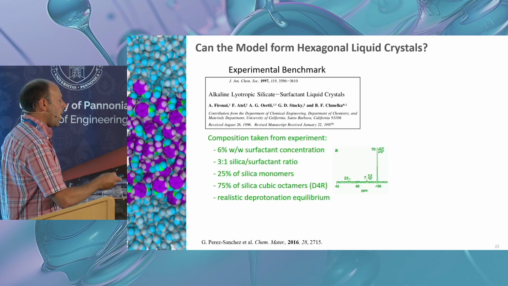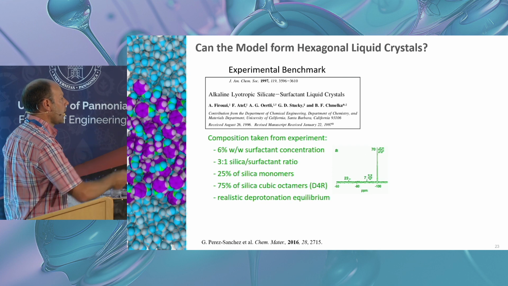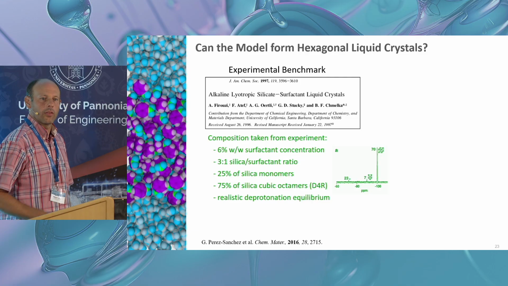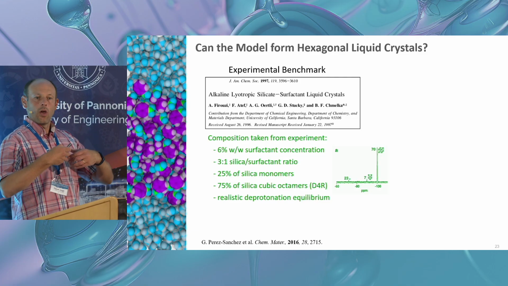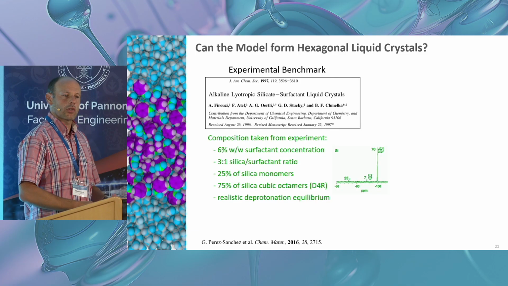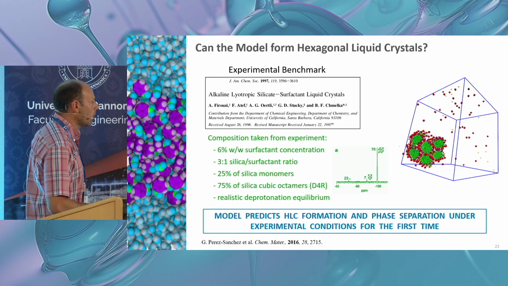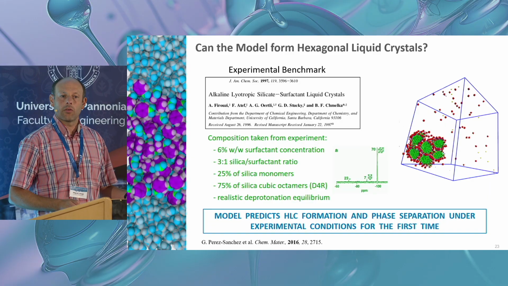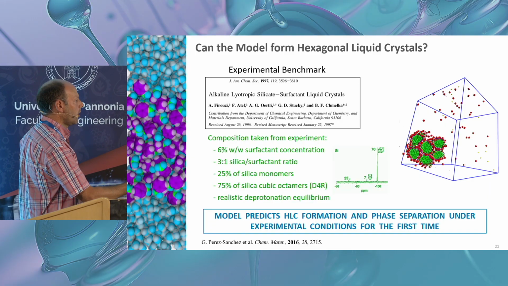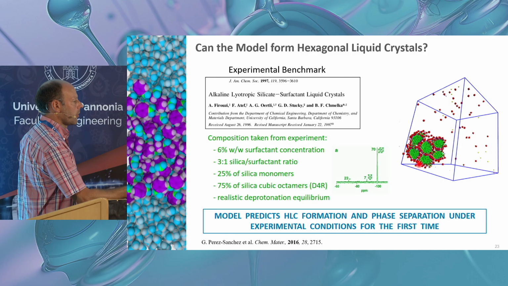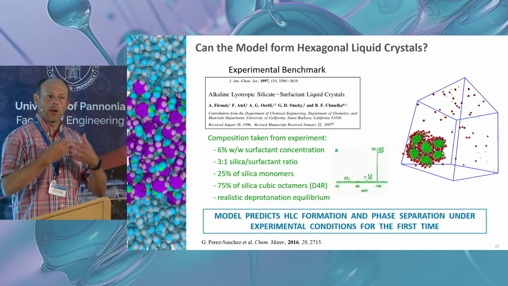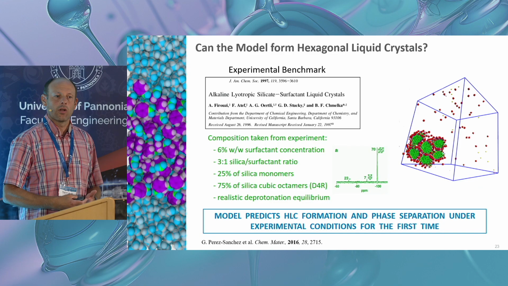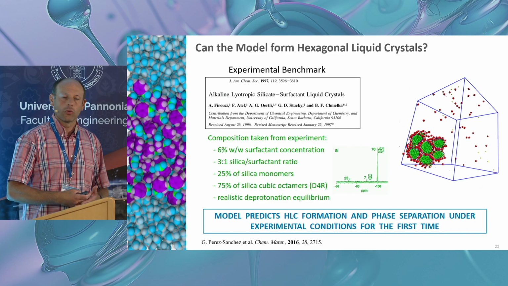Then we showed that under experimental conditions, in a landmark benchmark paper on these materials, where they looked at the detailed silica speciation, we used that experimental information to map it into a coarse-grain model. We showed that under those conditions, exactly the same structures as shown experimentally were predicted, namely these hexagonal mesophases. This was the first time that any model was able to predict the formation of this kind of structure in the computer. Okay,